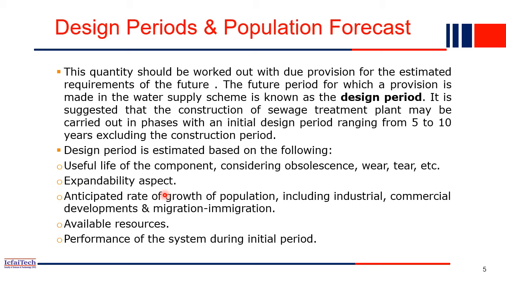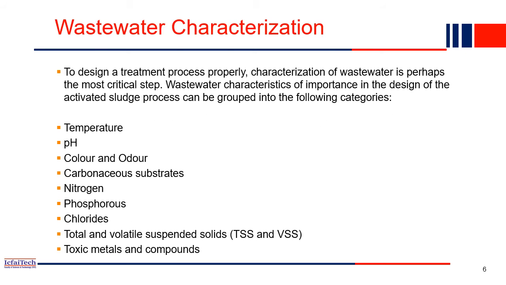Similarly, the expandability aspect. In future, how much the city grows and how much industry will be coming up, that also affects the design period estimation. Anticipated rate of growth of population, industry, including industrial and commercial development, migration, immigration, all these things have to be considered. Similar thing what we have done earlier in the water supply part. Then availability of resources, and obviously the performance of the system during the initial period. How much it is performing initially matters, because here the treatment process will be very costly and very sophisticated, as the quality of water is very bad compared to what we dealt with for the water supply. So now